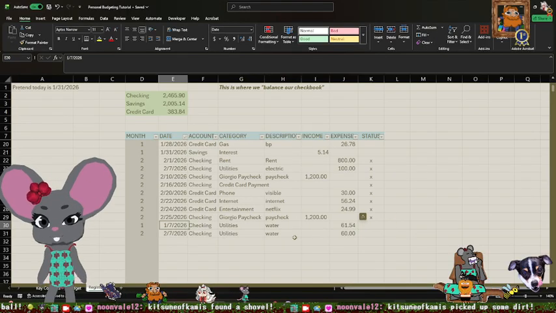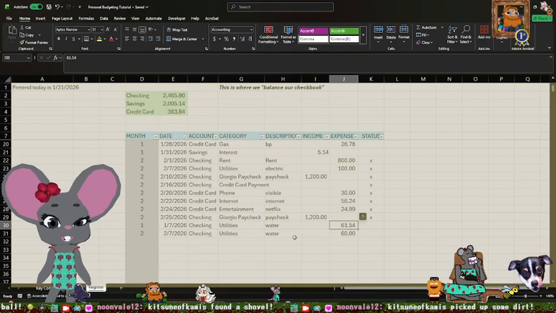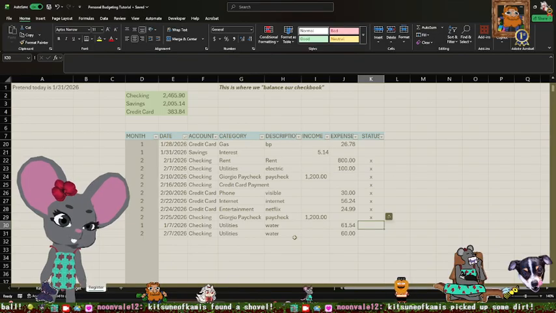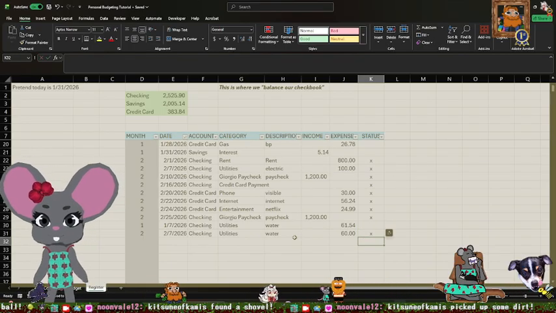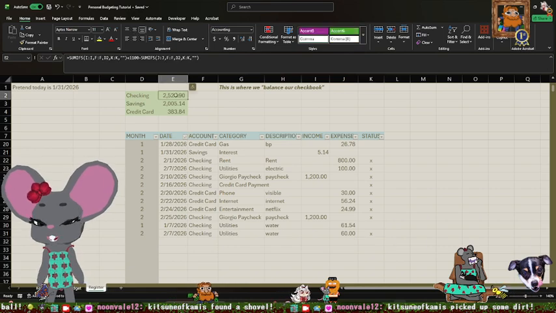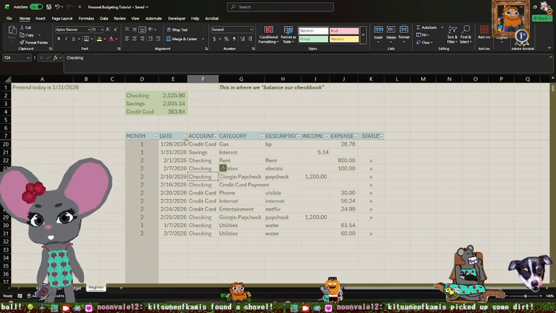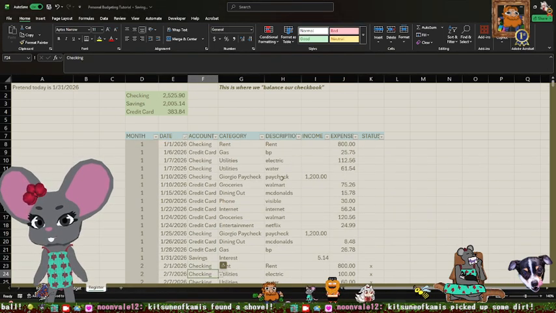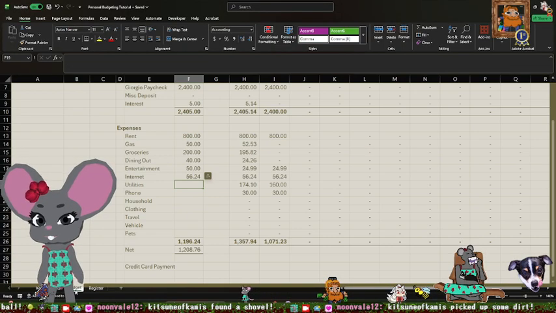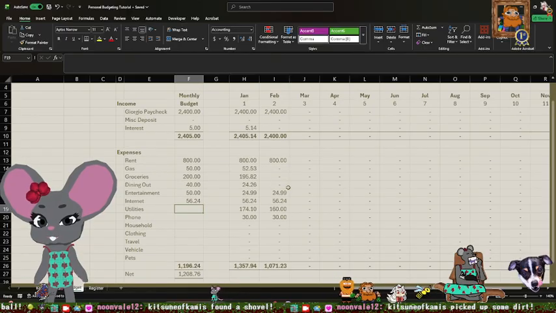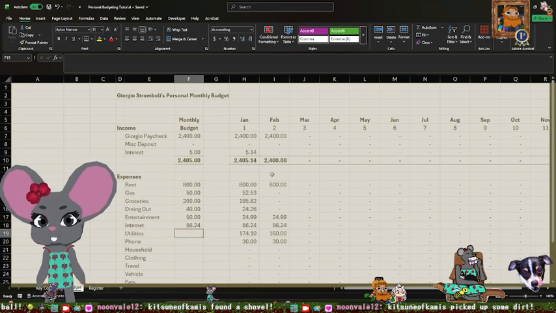Now, this January transaction actually happened, so we don't want to mark it pending, but the February one will mark it pending, so that our checking account balance is correct. And then we can sort that by date. And then that's gonna be factored into our budget.